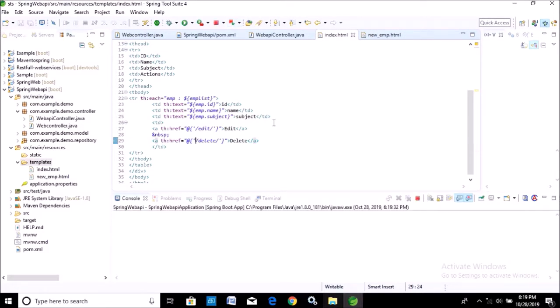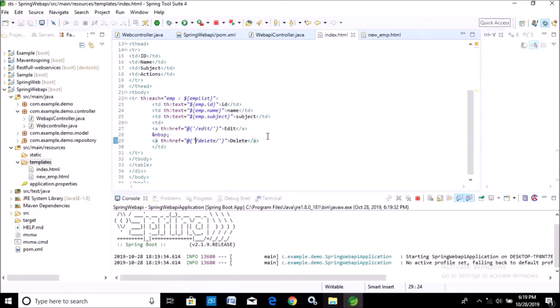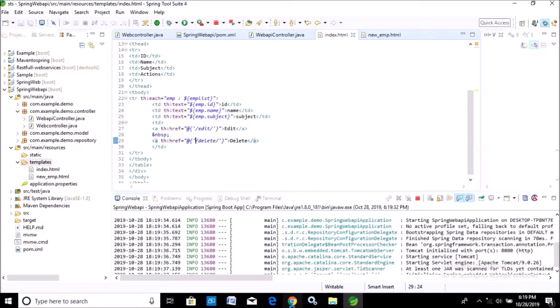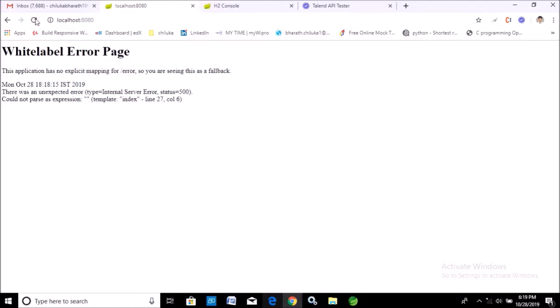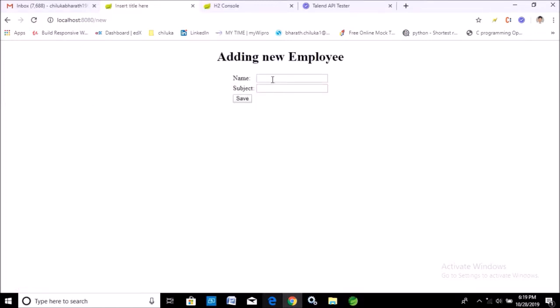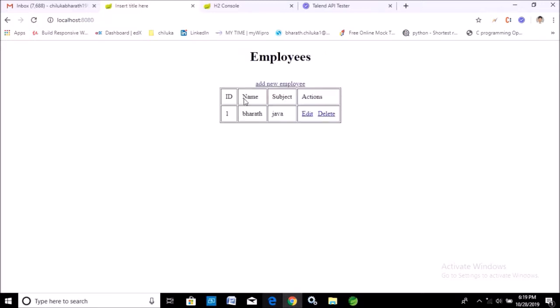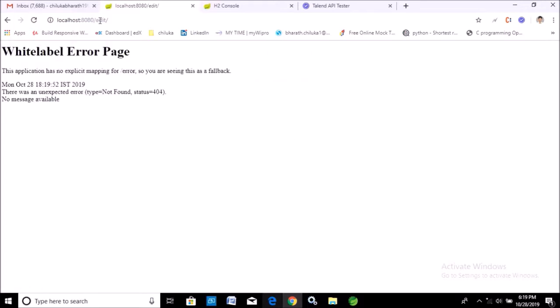Okay, application started. Now refresh. Now just try to insert a record. Java. Yeah, it's working fine now. You can get the record. Now when you click the edit, you can see the edit path,